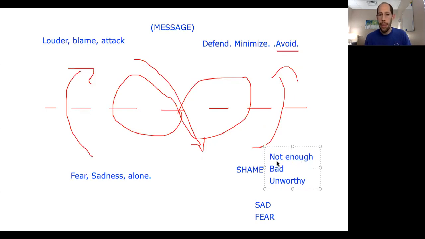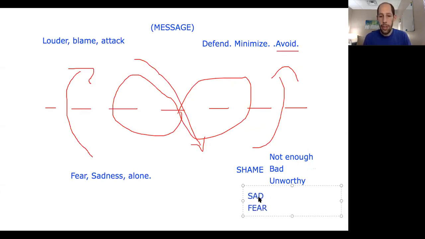So I want to get him out of shame and help him get in touch with what it is like for him. This is a question that I'll ask people: what is it like for you to feel not enough? Or what is it like for you to see this hurt that she's experiencing as a result of this behavior? If you spend enough time going slow around shame and asking, what's that like for you to feel bad, they'll get there at some point, and they might need some help, which is fine. They're learning how to identify how they feel. They're going to get to, this is sad for me, and I'm scared to lose her, or some variation of that. This is the piece we want to focus on.